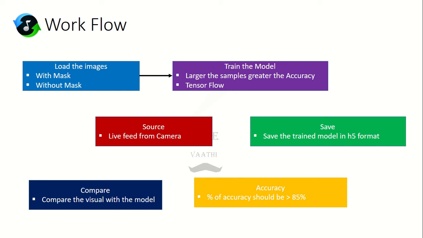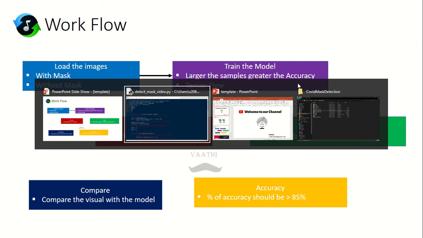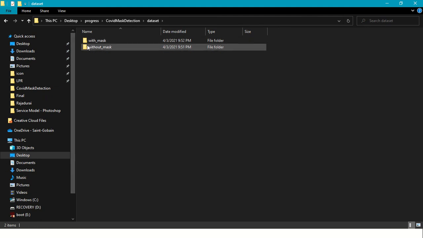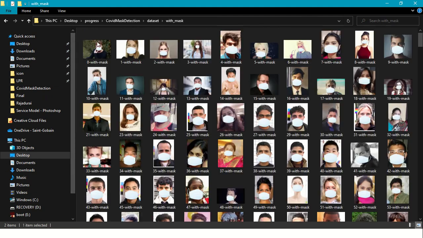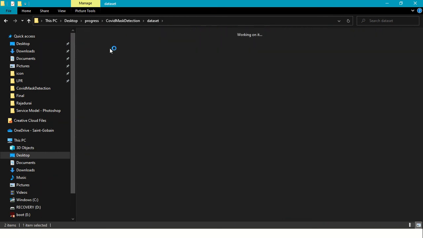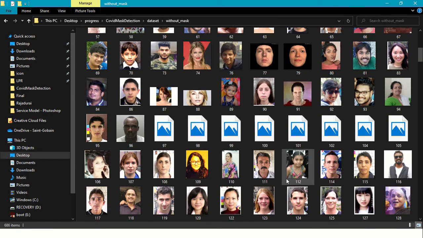Coming to the second part, training the model. The larger the number of samples, be it mask samples or without-mask samples, the greater the accuracy. We have to train this model with TensorFlow. That's how I have done it. I will show you the sample data set which I have. I have two folders, with mask and without mask. Once you scroll, we have n number of images with mask, and in the second folder we have a number of images without mask.